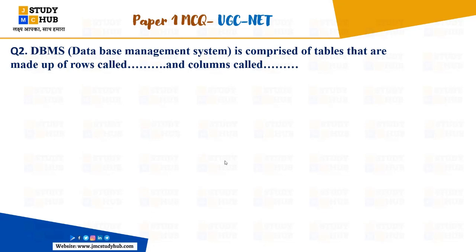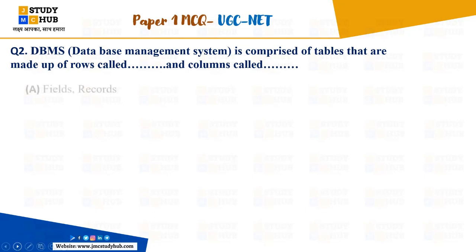If anybody can answer before the options, can anyone give an answer without options? What the rows and what the columns are called in the DBMS, that is database management system, right? Everybody, if we have remembered, we had discussed these questions in the classes. I'm giving you the hint: one is records and one is fields, right? Records and fields.